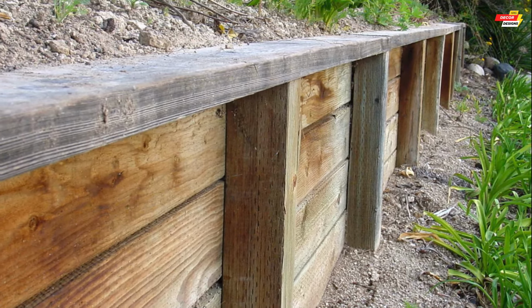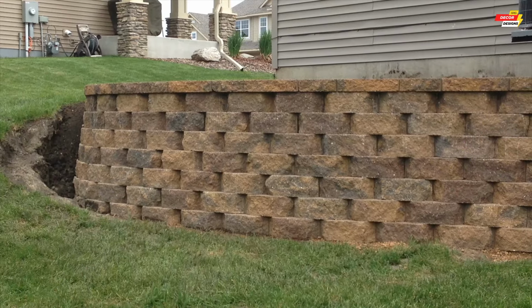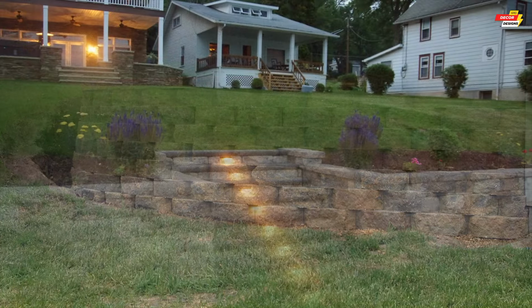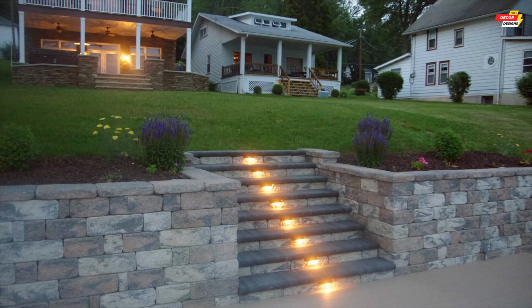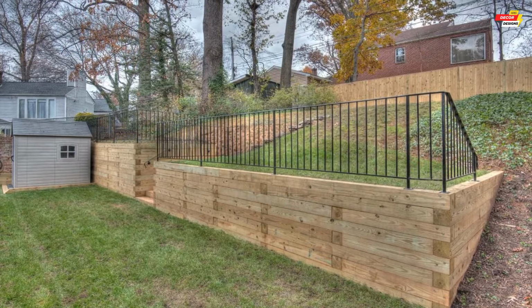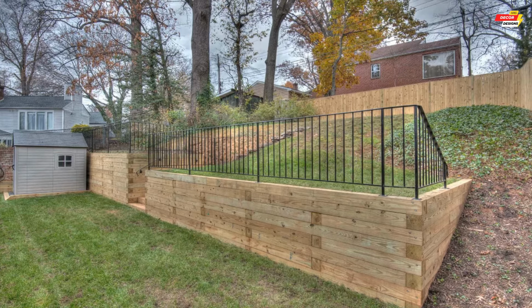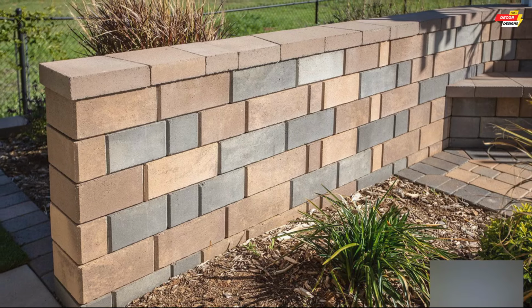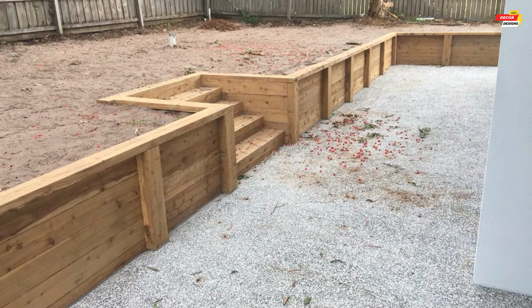As you can see, modern retaining walls are far more than just structural necessities. They are opportunities to redefine your landscape, solve practical challenges, and significantly enhance the beauty and value of your home. From erosion control to creating stunning outdoor living spaces, the possibilities are vast when you approach retaining wall design with a modern vision. We hope this deep dive has given you valuable insights and inspiration for your own projects. If you're planning a landscape transformation, remember to consider how a well-designed modern retaining wall can be the cornerstone of